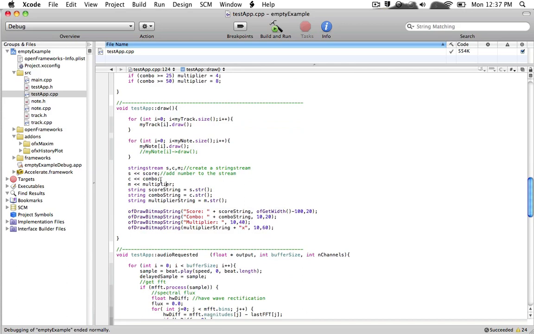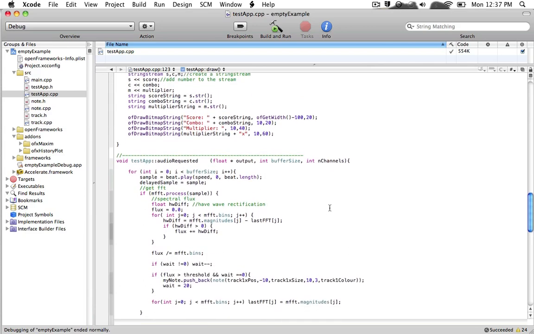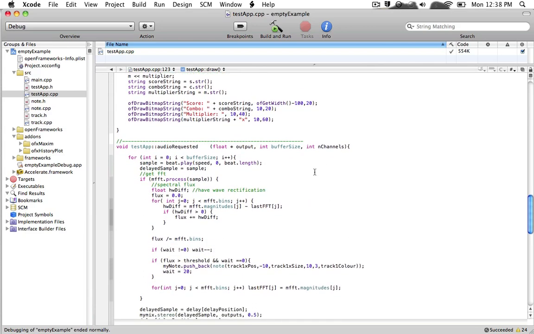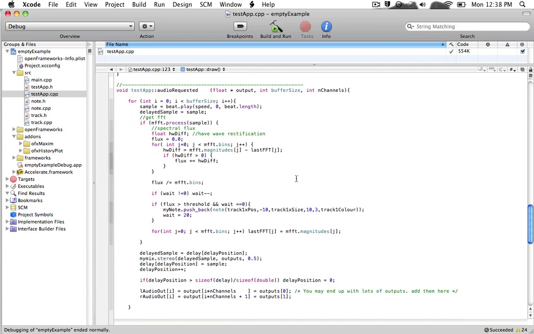You saw this stuff last time, but now, as well as just the score, I'm also displaying the combo and the multiplier on the screen, which you'll see when I run it. Yeah, that's just the score and multiplier stuff. And the new thing here, obviously I'm still doing the Spectral Flux, still doing the same thing, but now when I've detected a beat, rather than making the size of an ellipse, which was in my FFT code,